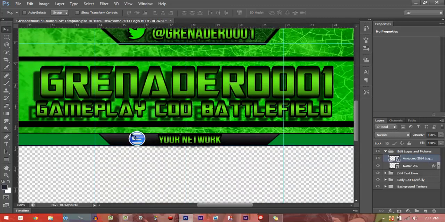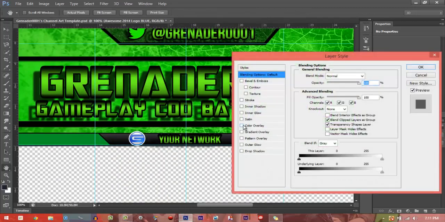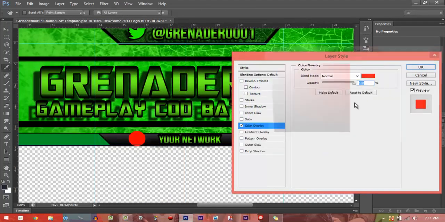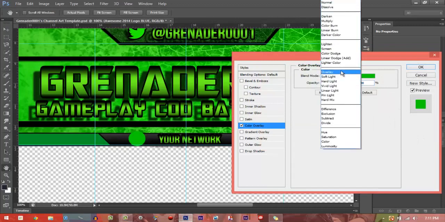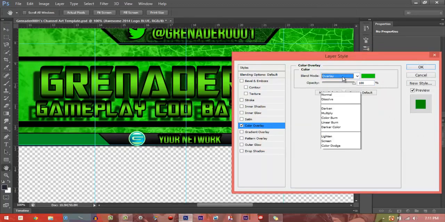And then, as you can see, it's blue. So what you want to do is double click, and click on color overlay, and then make sure you pick a greenish color like that, and then you click on OK. And when you go to blend mode, do overlay or soft light, or actually hard light,